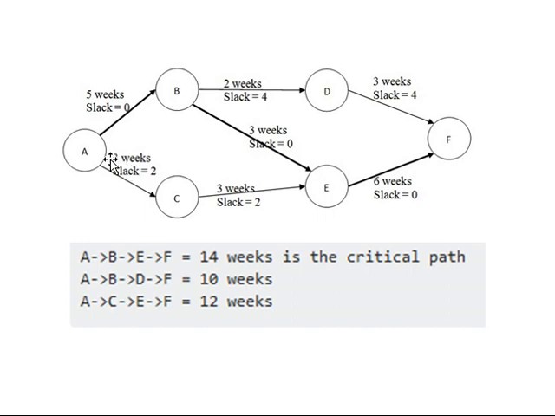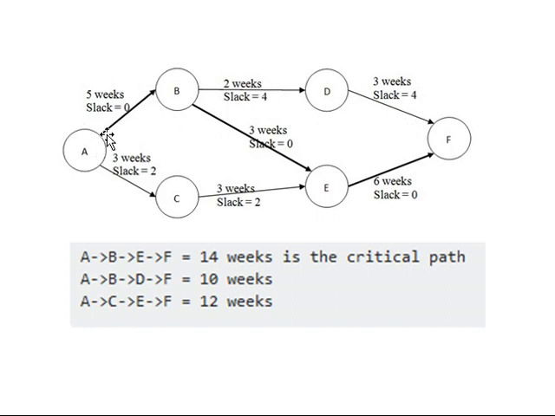First we need to identify how many paths are available. Input is this one, output is this one. The routes are A, B, D, F, that is the center one. Next, A, B, E, F. A, B, F, that is the top one. Next, A, C, E, F. We simply follow the direction of the arrows, and it will be finished.